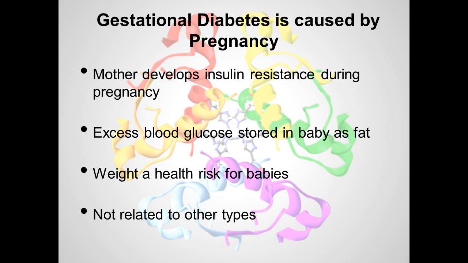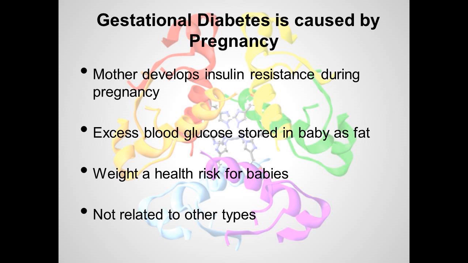Gestational diabetes, the third type of diabetes, is caused during pregnancy. A small amount of pregnancies, upwards to about 10%, experience this. The mothers develop a temporary insulin resistance during pregnancy, and as a response, the pancreas produces more insulin to compensate. In excess amounts, the sugars get stored in the developing baby as fat. And during development, this may be fine, but a heavy newborn may face other health issues as it develops down the road.